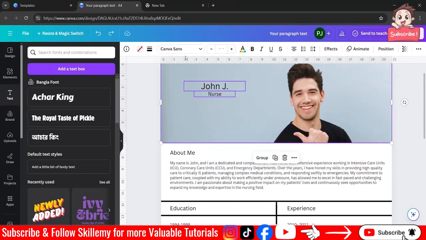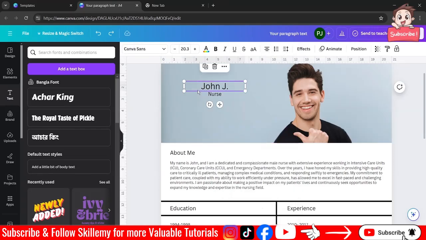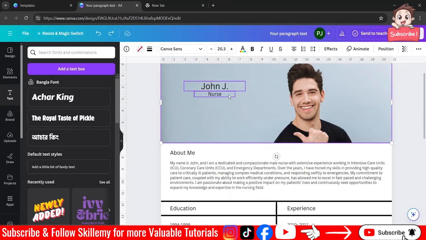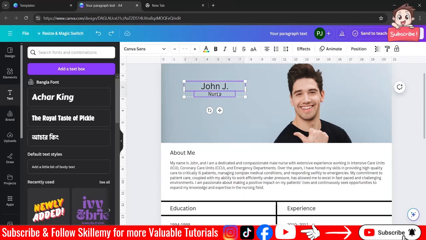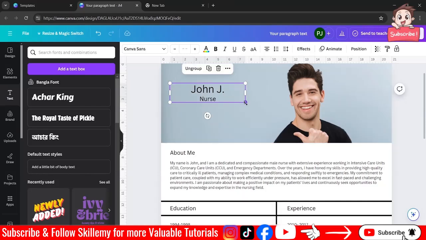Select these two, create a group. Now you can just move this one. You can increase the size.